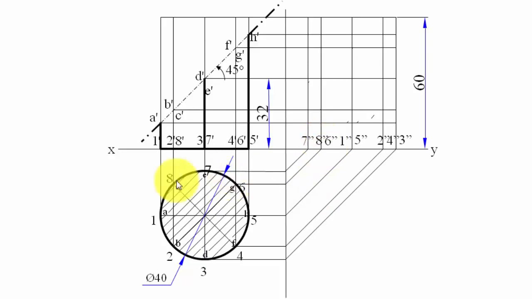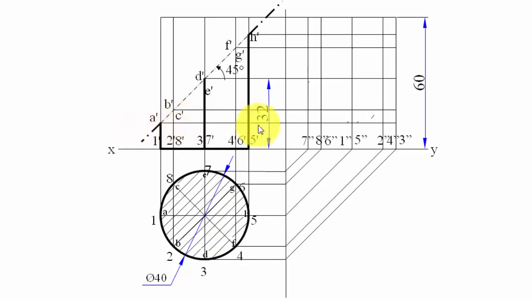Now one thing that I would like to show you: along with this 8 I have also written 6, just because this point 6 immediately falls behind this 8 when you look at this from here. And along with 1 I have written 5, so 5 is exactly behind 1, and along with 2 I have written 4, so 4 is exactly behind 2. That's why. Now let's go ahead and fit in these points.